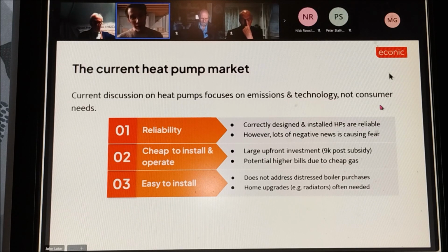So that's kind of where we are from a consumer perspective in terms of where we are with the heat pump. So what to do about it is, of course, the question. So if we're going to the next slide,